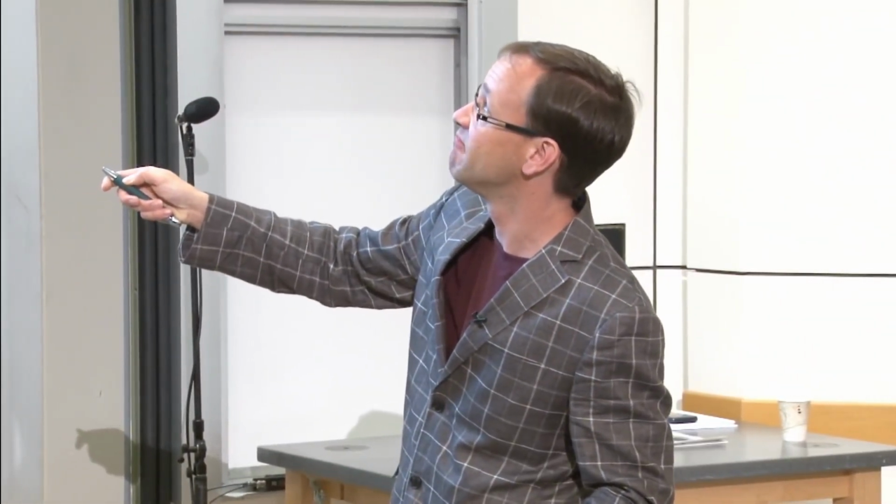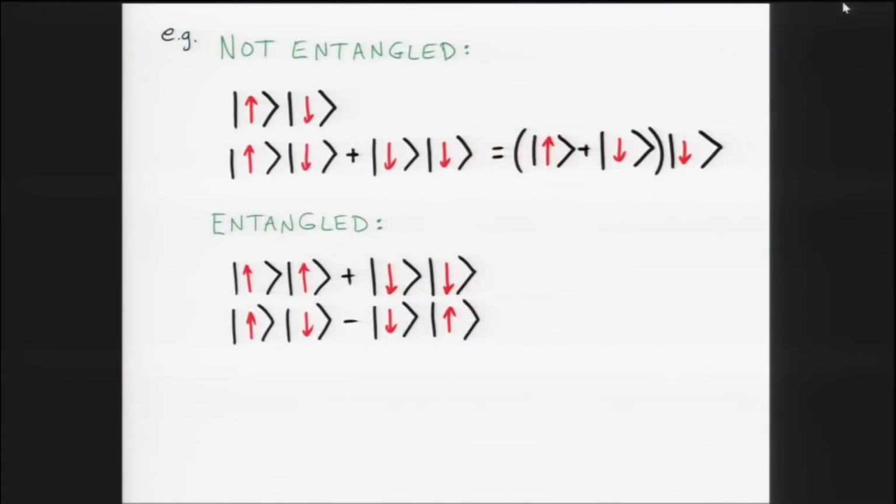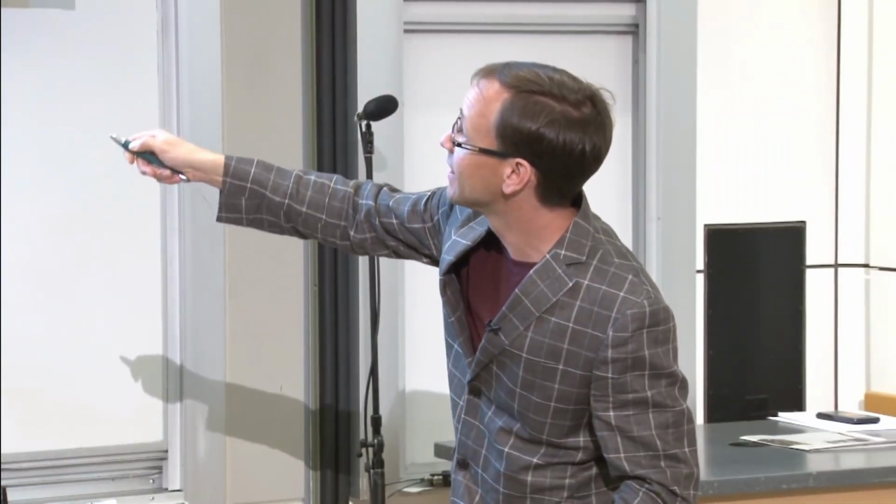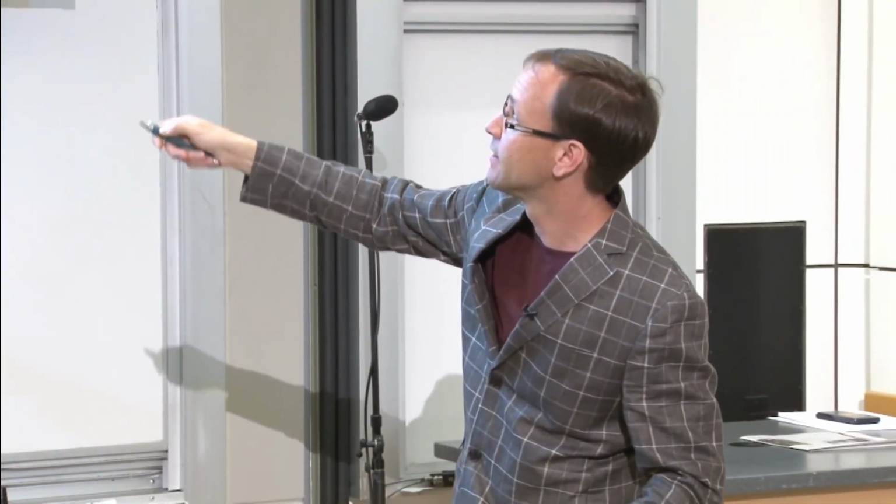Okay, so example, not entangled. This is in one state. This is in another state. Another one that's not entangled is this superposition, because I could factorize it. The second spin actually is definitely down, and the first spin is in this superposition. And then you have examples which are more generic where the two are entangled. So this up up plus down down, you can't write it as the state of one spin and then the state of the other spin. Okay, so this is kind of a basic entangled state that we'll be thinking about.